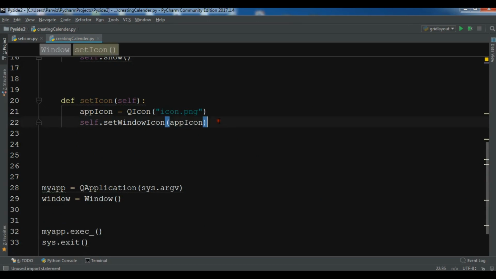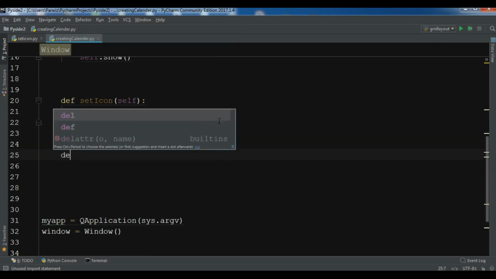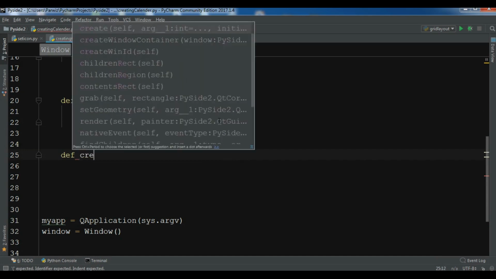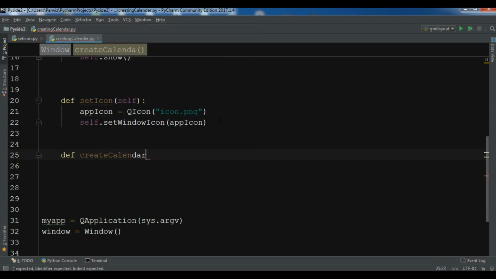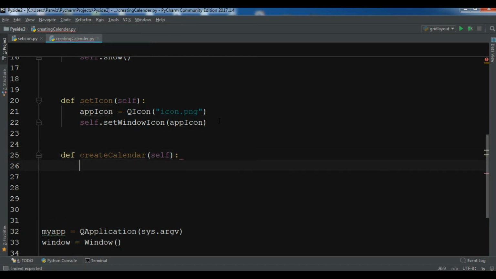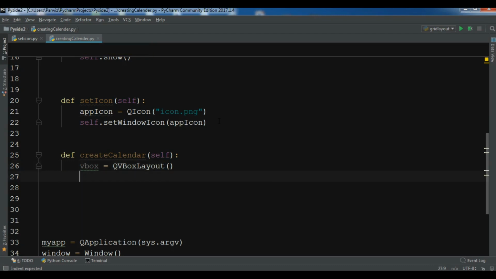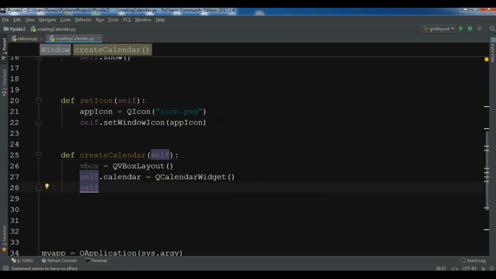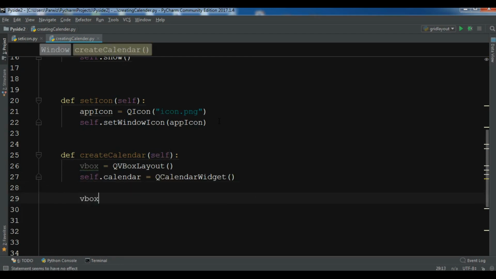So let me create a new method in here. You can call it whatever you want, but I want to call it create calendar. First we need to create the object of our VBox layout, because we are going to add our calendar to the vertical box layout. Now we need to create the object of calendar, a QCalendarWidget. Now let me first do vbox.addWidget. Now we want to add our calendar to the